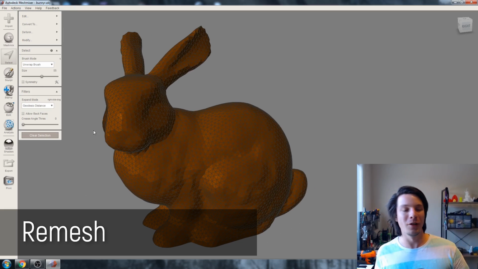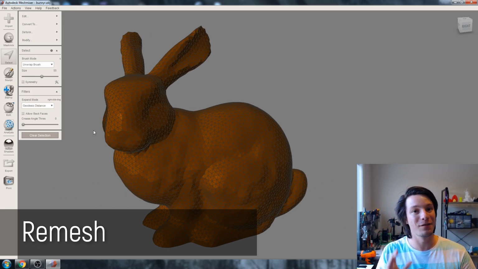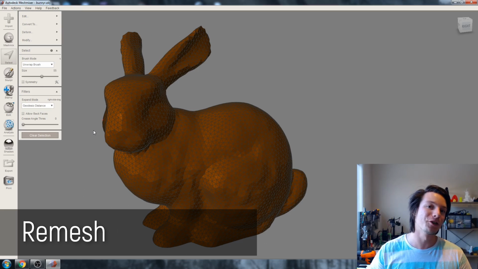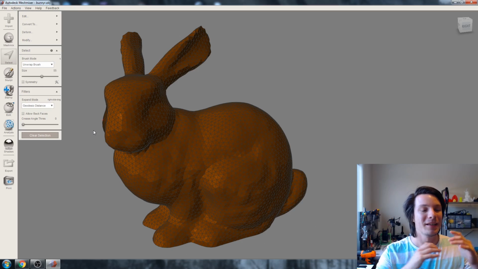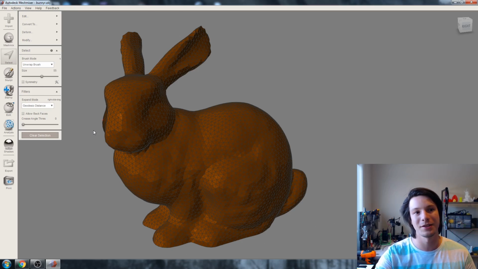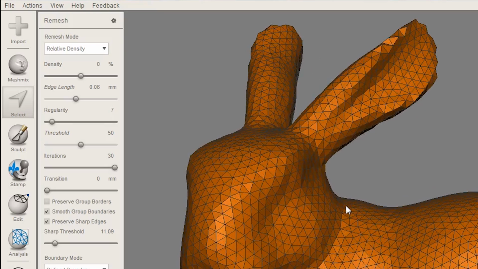And a bonus tool under the same umbrella of reduce is Remesh. It's a different approach, and it can be used to reduce the number of triangles or increase it by completely remeshing the model. So same geometry and same kind of look, but completely new triangles. So I can go to edit here and remesh. And Meshmixer now has many different options you can choose from, such as relative density, adaptive density, target edge length,